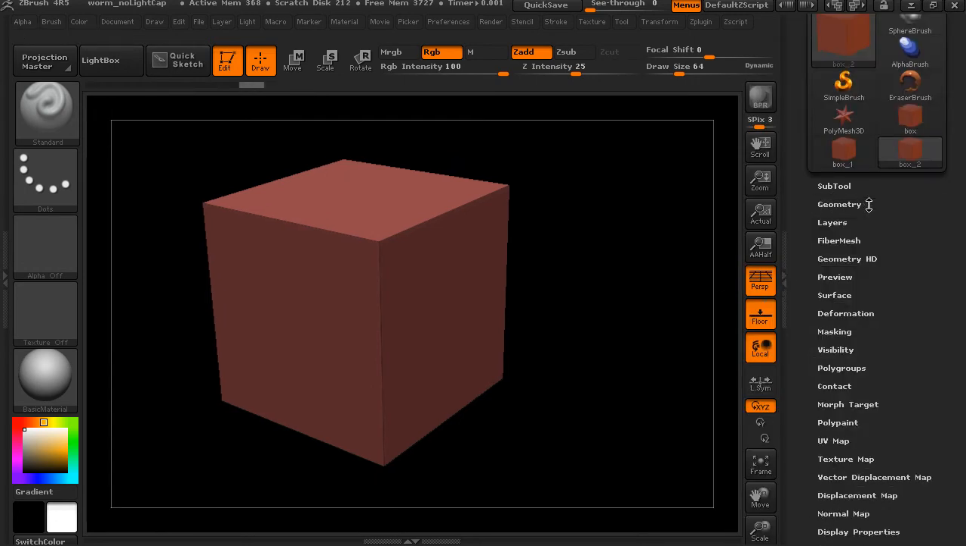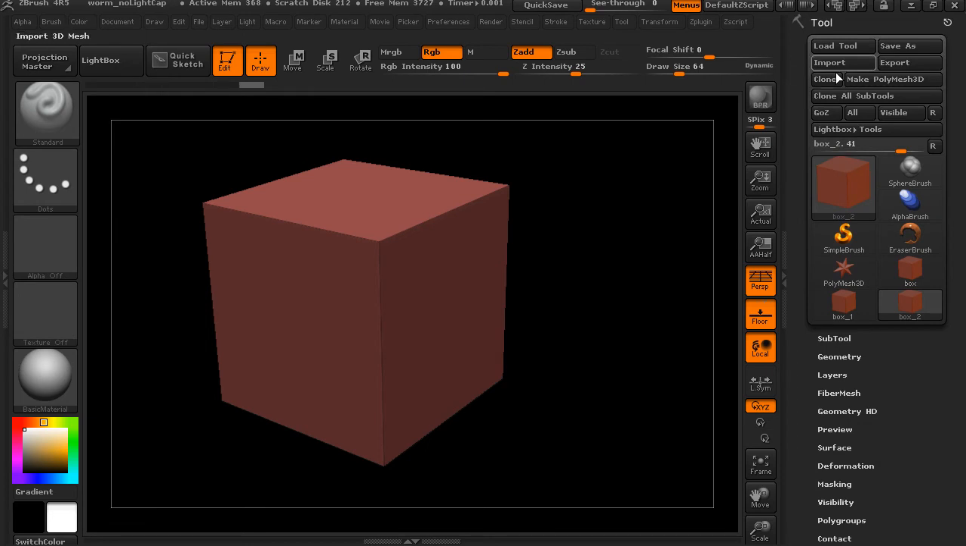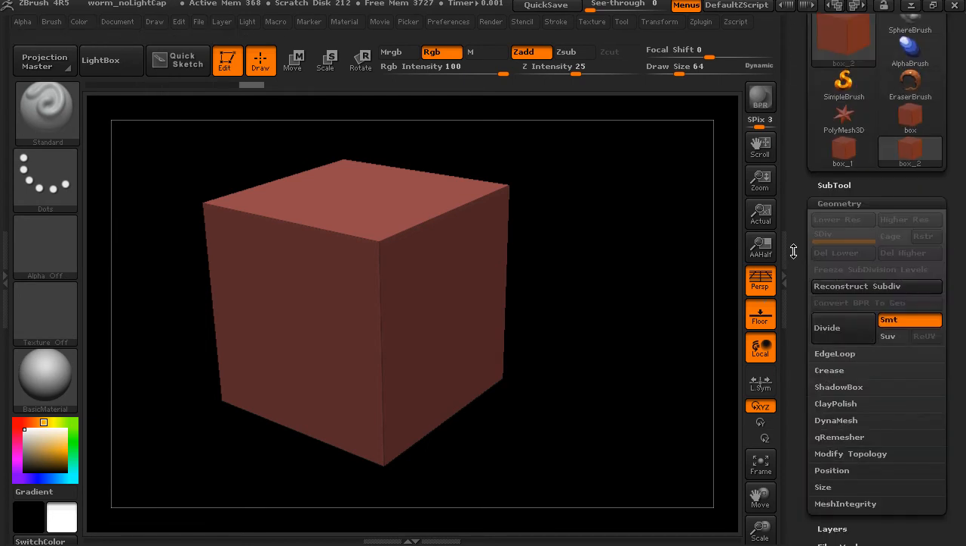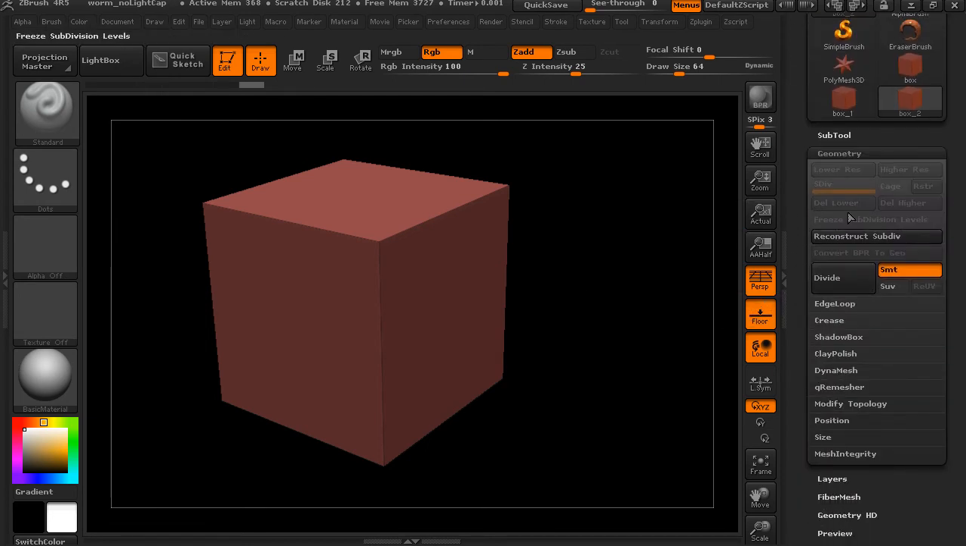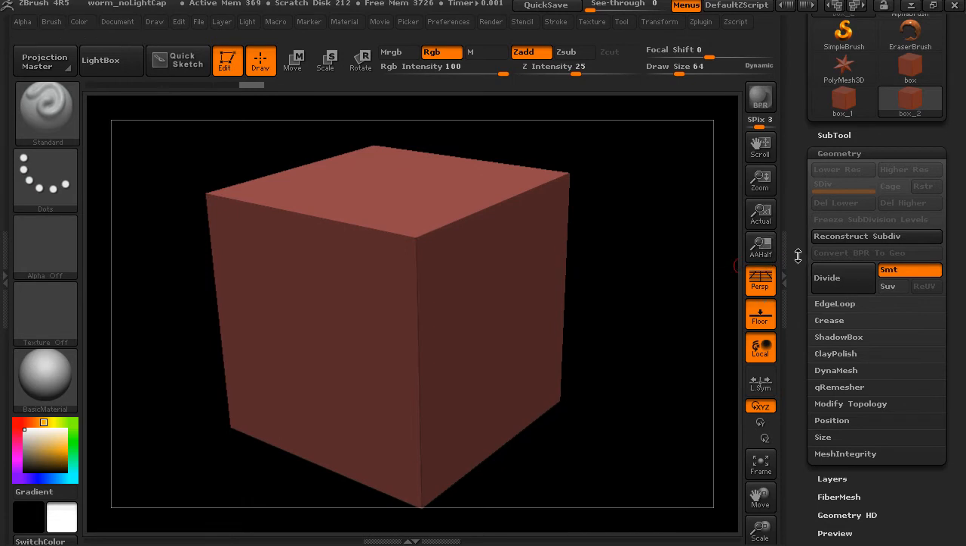Subdividing is going to happen in the geometry subpalette of the tool palette. So we'll open up that geometry subpalette. All this top section is grayed out because we don't have any subdivision levels on this yet. So right now this is the base level, or the base geometry, what you here refer to as the base, or level 0. So if we go ahead and divide, and you can see the hotkey for that is Control-D,